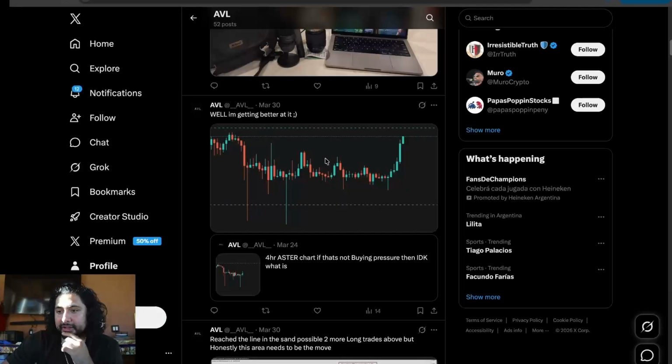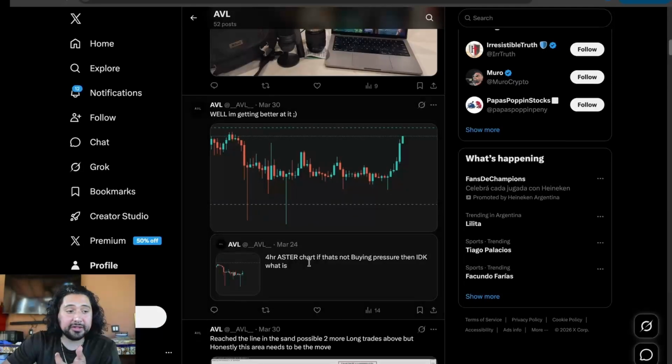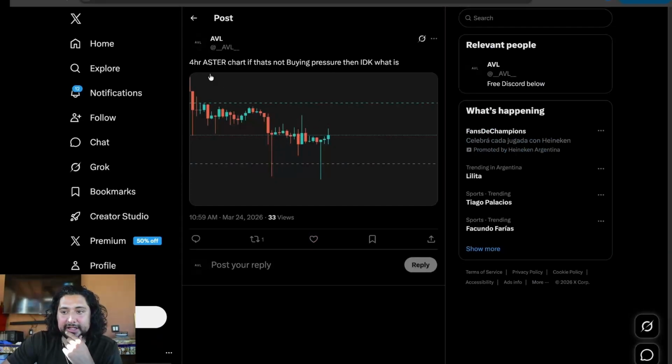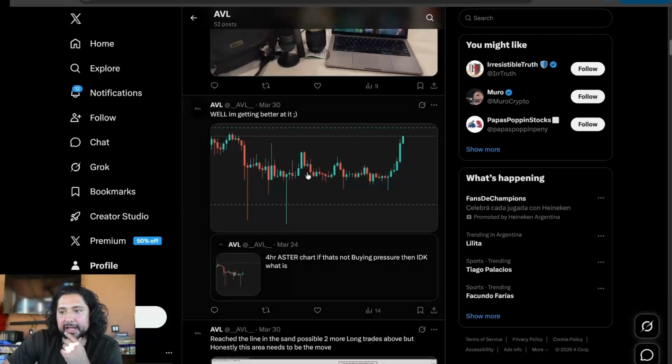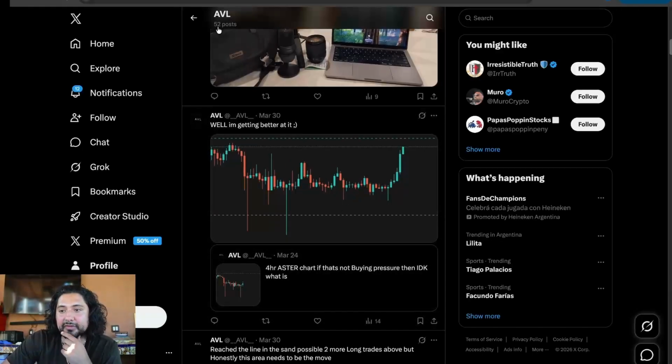Right here on my Twitter, you can see that on May 24th, I've been looking at Aster. I said 4-hour Aster chart. If that's not buying pressure, then I don't know what is, because this looks either buying pressure as manipulation, not as like people are participating, but at least you know, it's from Binance, and Binance could manipulate its coin pretty easily. And of course, on March 30th, we start getting that move out of there. I've been still in this position since then,